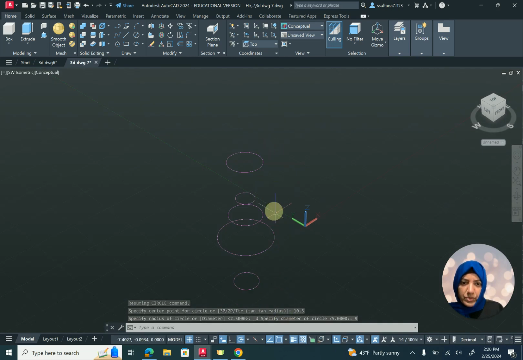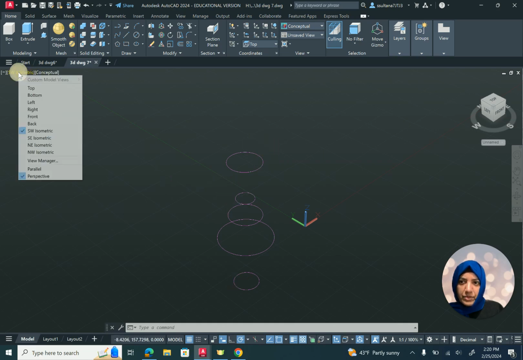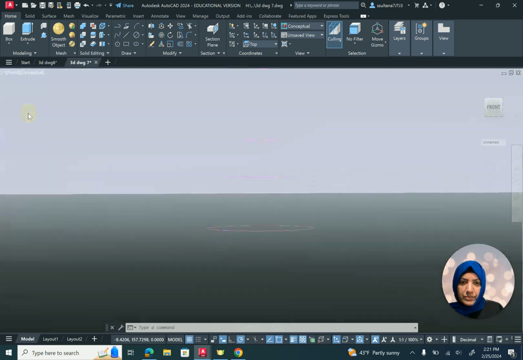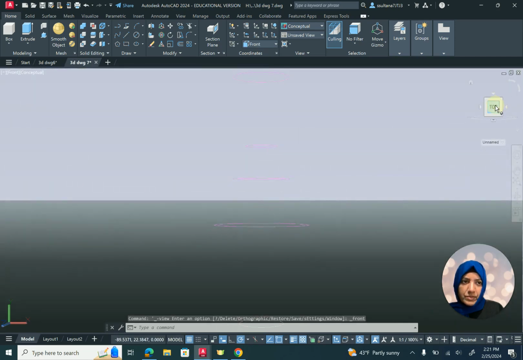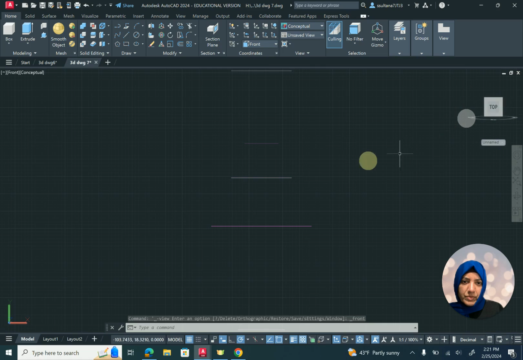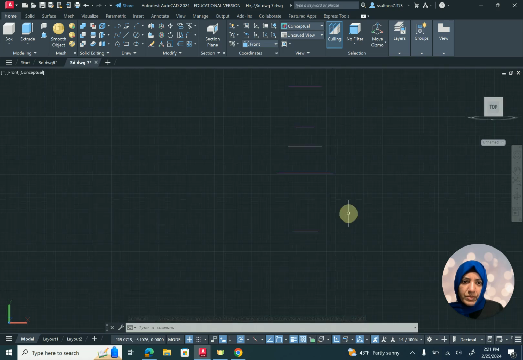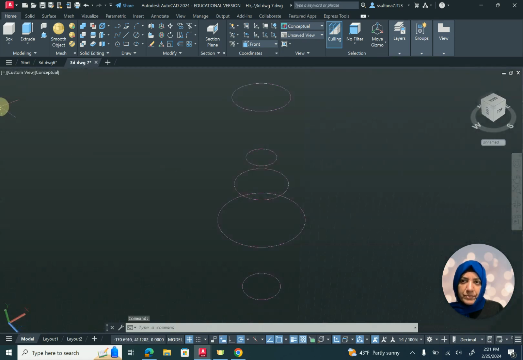And now you have 1, 2, 3, 4, 5 circles stacked vertically, and if you view in the front view, it should look like this. If you go in parallel view, you have these circles stacked vertically like that. Go back to home view, and this time you're going to use the